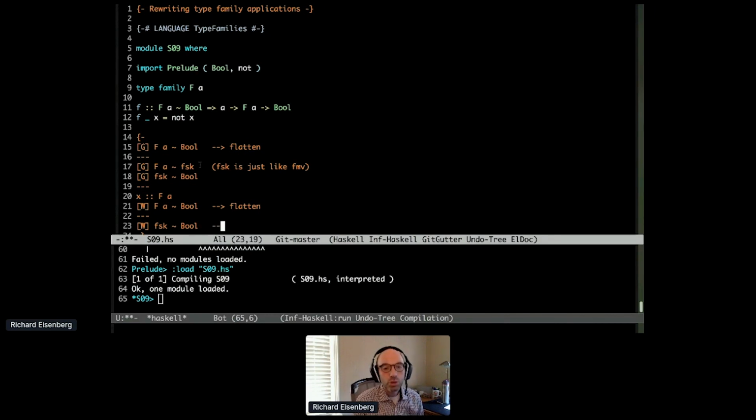Then we end up rewriting. So when we rewrite with our given, we're going to get a new wanted bool equals bool, and that's very easy to solve. The idea here is that this second given, well, that's quite straightforward. We just have a variable equals a type. So when we have a variable equals a type, we can use that for rewriting,